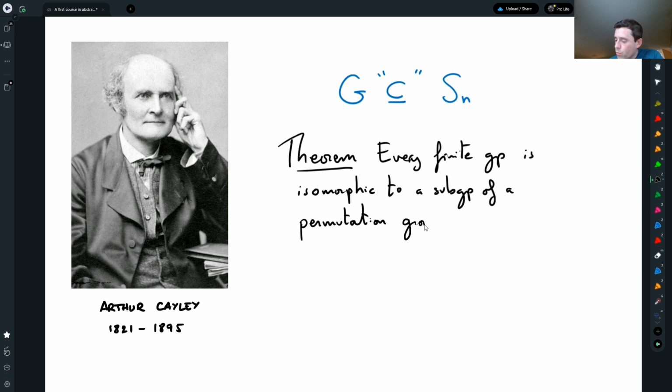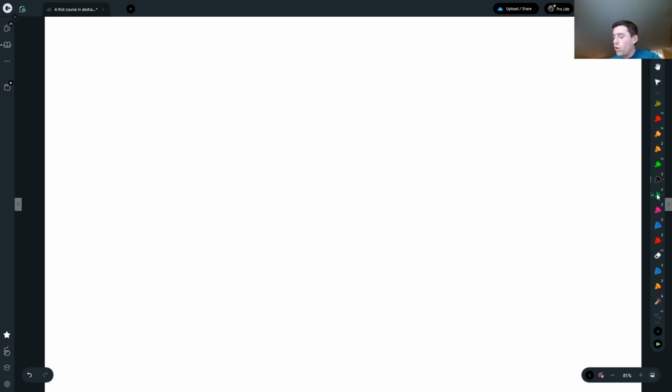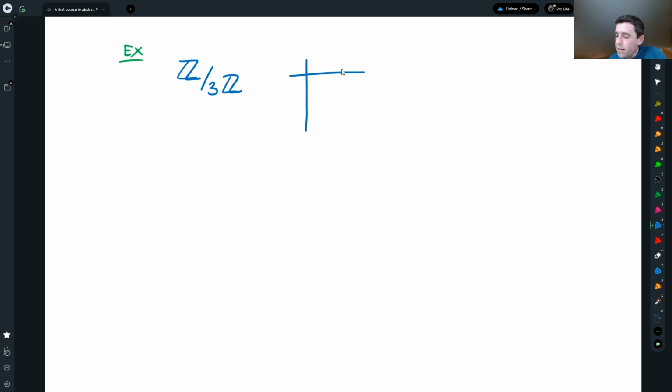How are we going to prove this? Let me give you an example first of how this is going to work out, and then we'll do the actual proof. So here's an example. I want to show you how one would find Z modulo 3 inside a permutation group. We're going to go back to the Cayley table of Z modulo 3: 0, 1, 2,